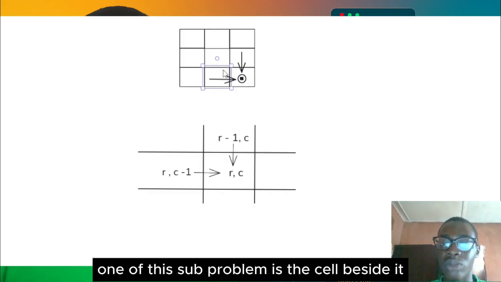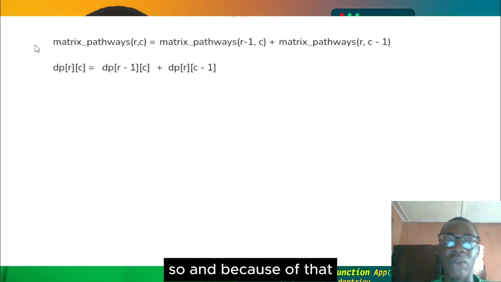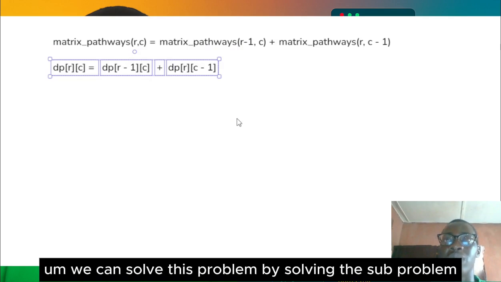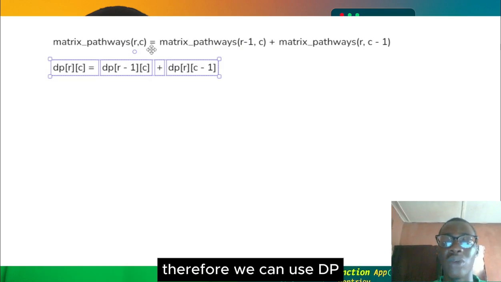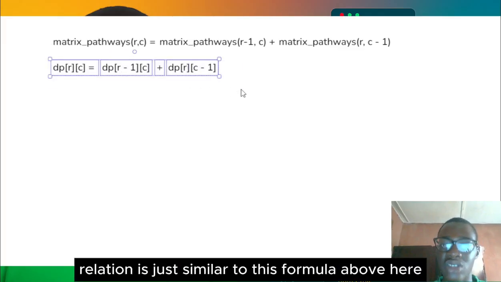And one of these subproblems is the cell beside it and the cell above it, right? Because of that, we can solve this problem by solving subproblems. Therefore, we can use DP, dynamic programming, to solve the problem. And the DP relation is just similar to the formula above, whereby